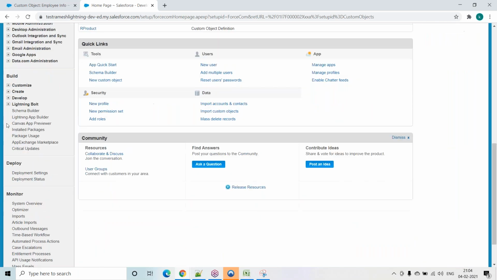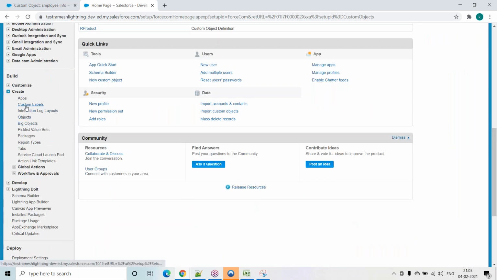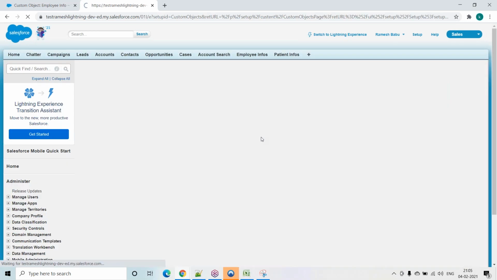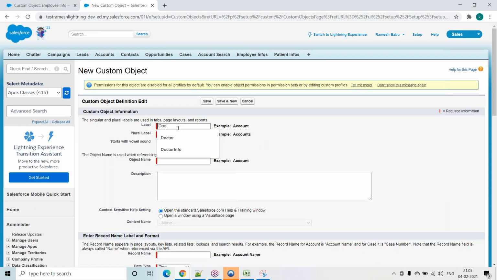Go to setup, create, objects, new custom object. My object name is doctor info. For the plural label, we have to give doctor infos.